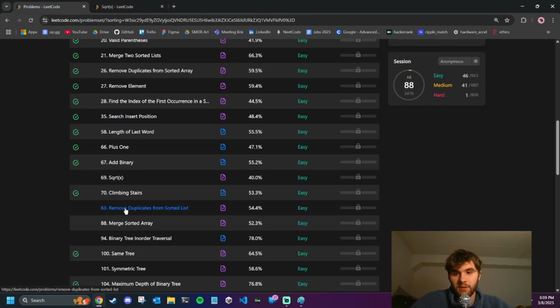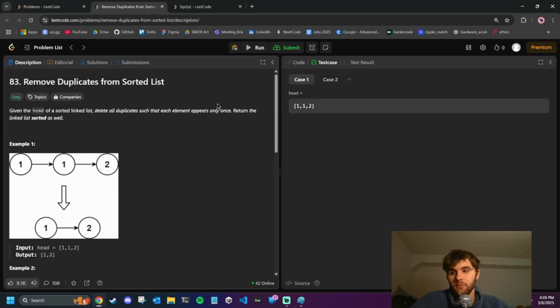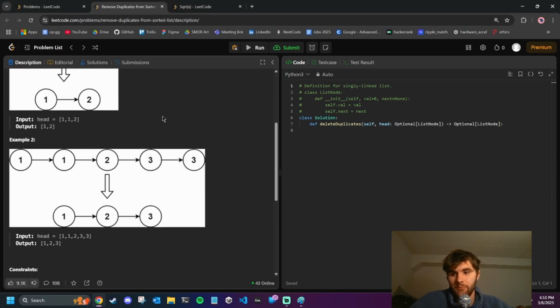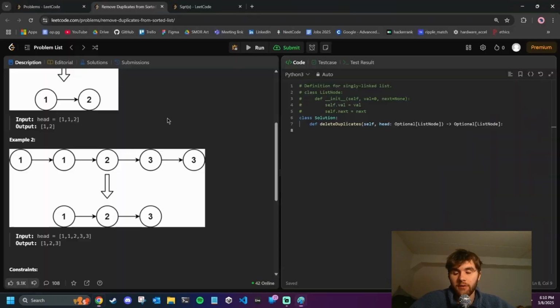All right, next up is remove duplicates from sorted list. All right, it's a linked list. Given the head of a sorted linked list, delete all duplicate elements such that each element appears only once. Return the linked list sorted as well. Okay, so I think what we're going to do is if we have a linked list,